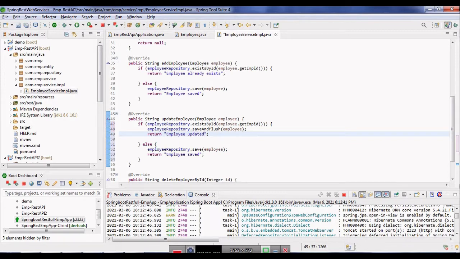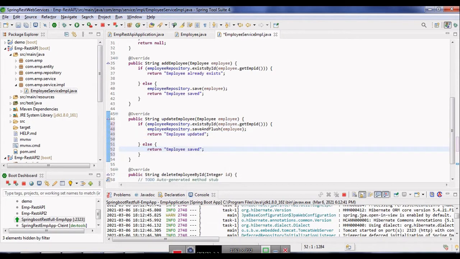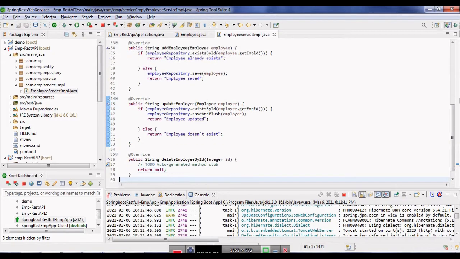Okay, and in the else case we can remove this condition, and we can just write employee doesn't exist. That's it. So we are done with the update method.